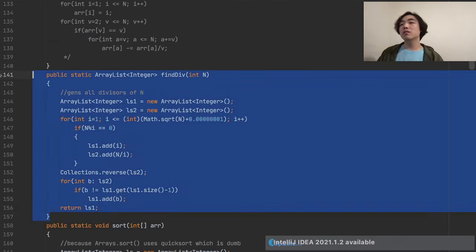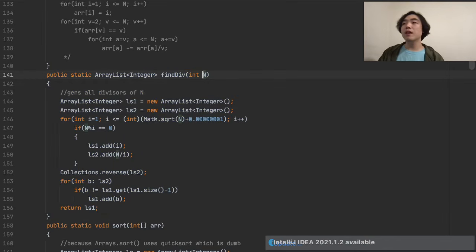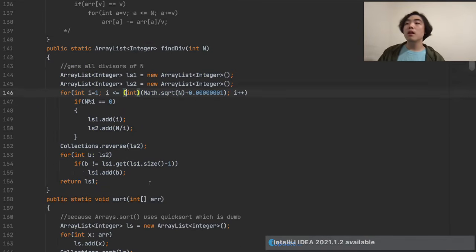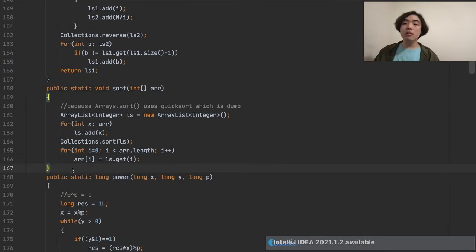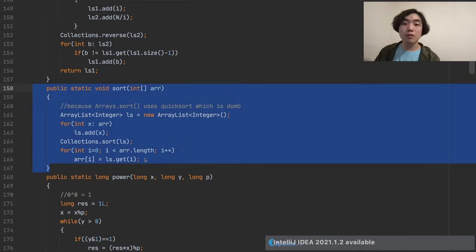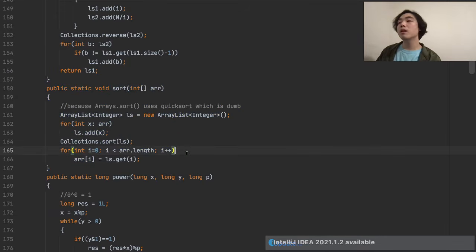This generates an array list of all the divisors of n in square root of n time. Pretty standard. Okay, this will only be relevant for people who use Java, but I think it's pretty important to point out. So if you have an array of integers,